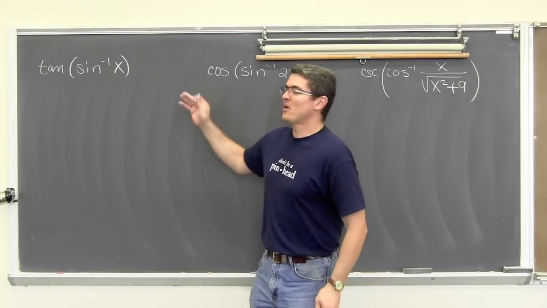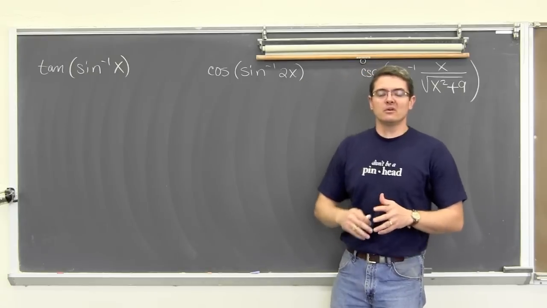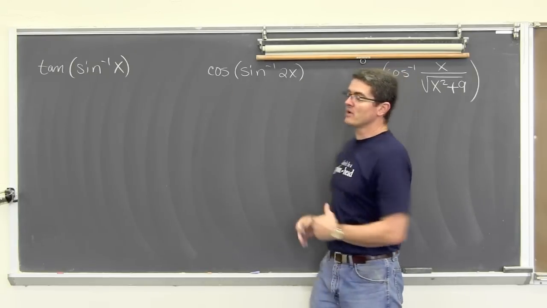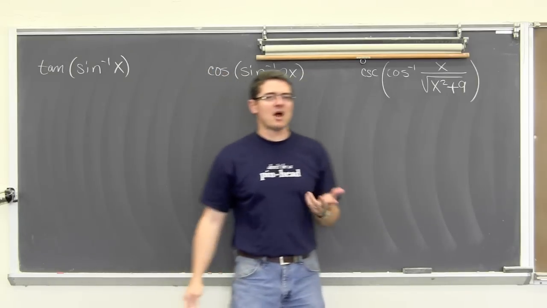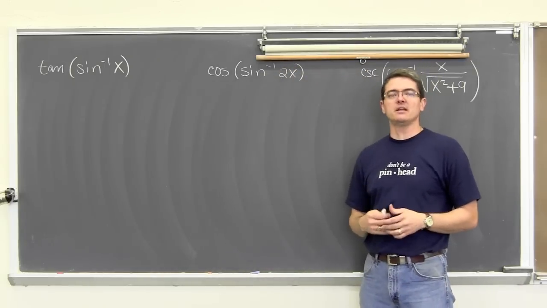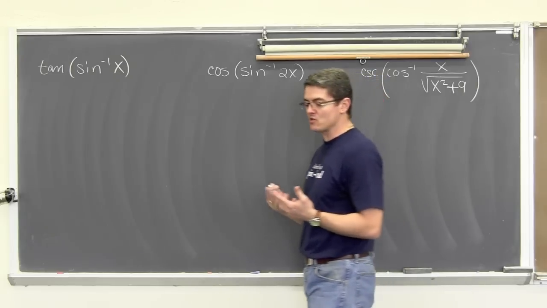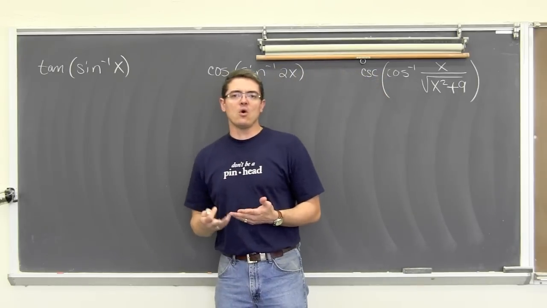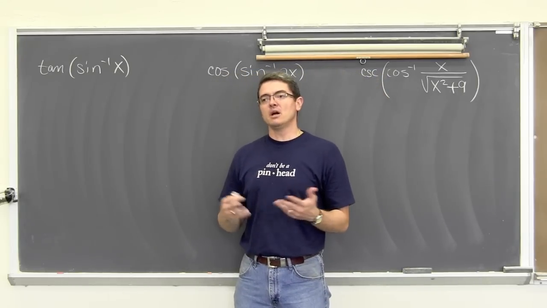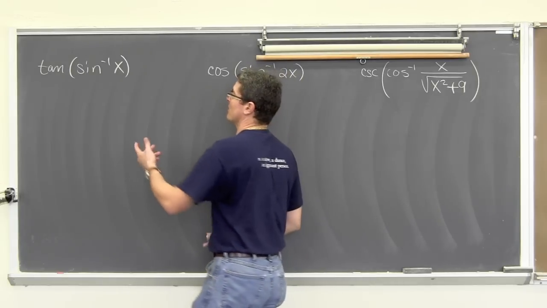In part 2 of evaluating inverse trig functions, as you can see with our 3 examples I'm about to work with, we're going to do some problems that don't actually have any angle measures. We don't have enough information to find any concrete numerical values. We're just going to be setting up our triangles in the appropriate quadrant and then setting up angles and finding ratios.